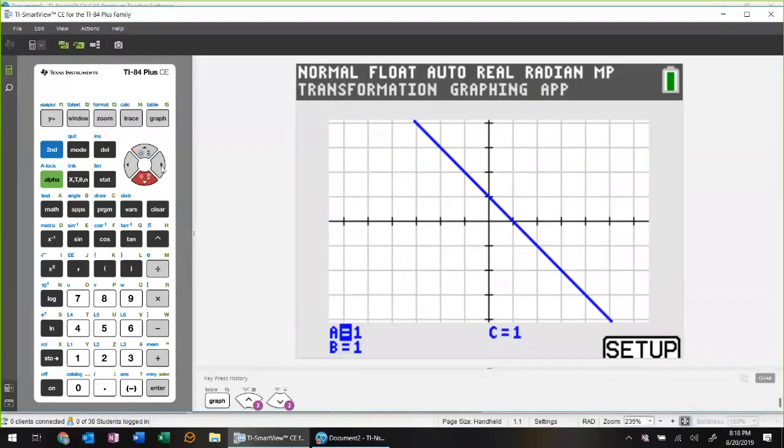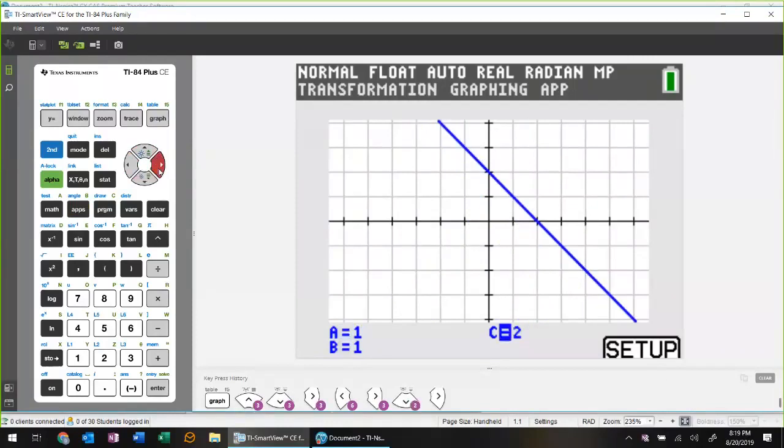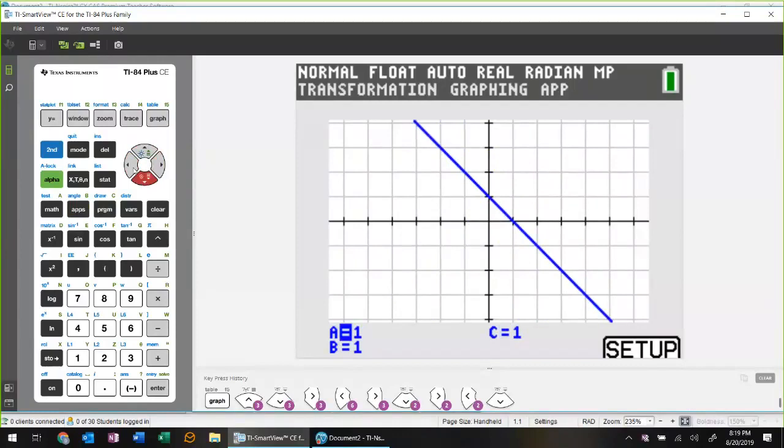If I move left or right, the values of A can be changed, and I can once again see that when I change A, there is no change on the y-intercept, but the slope and the x-intercept change. I can move to C and see that the slope doesn't change when I change the value of C. And I can also go and change B and see that